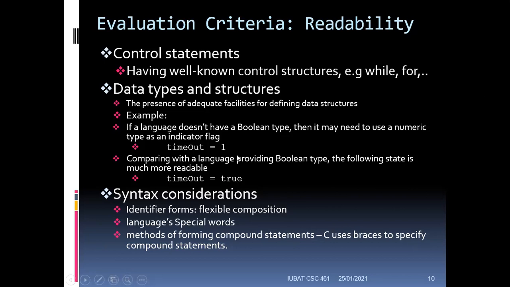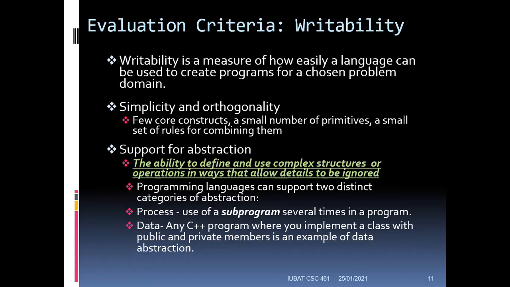If a task can be done by simple data structures, don't apply stack, tree, or queue, because those are advanced data structures. Don't apply hash table if it's not needed. Then the syntax consideration: don't use the special words too much, and use a flexible composition. All these are very simple ideas to make sure the program is more readable. At a small scale they don't matter that much, but whenever you look at a huge program for the first time, it makes things look easier and more understandable. So that is how our readability